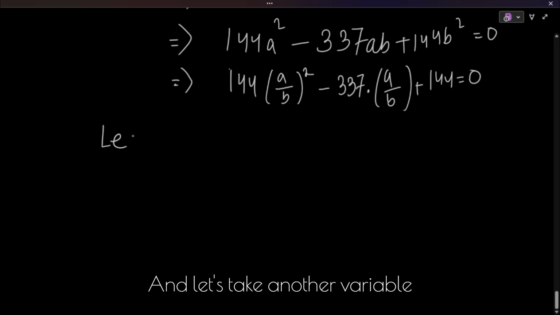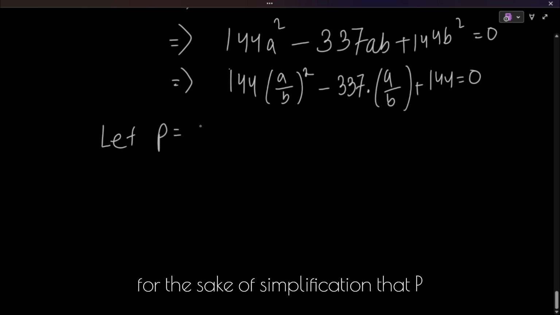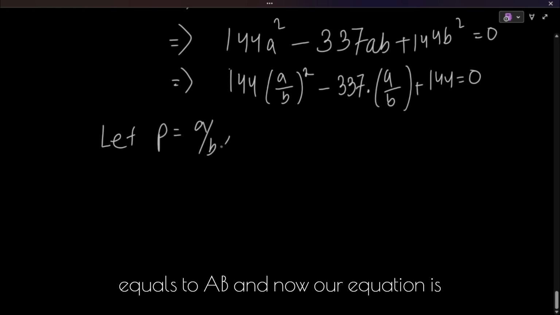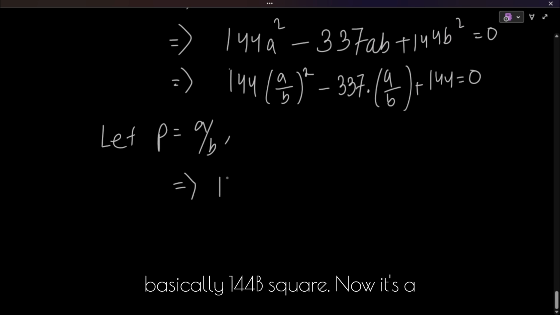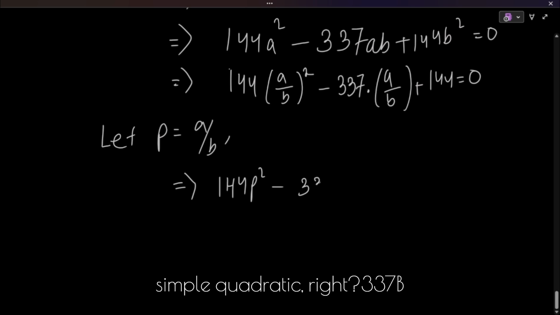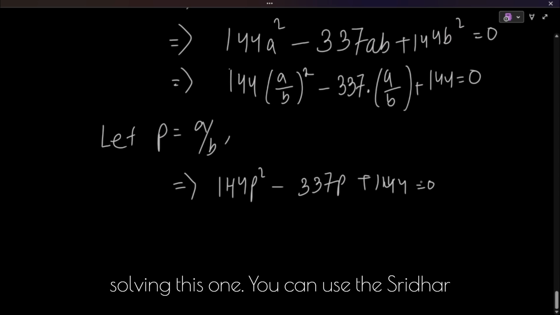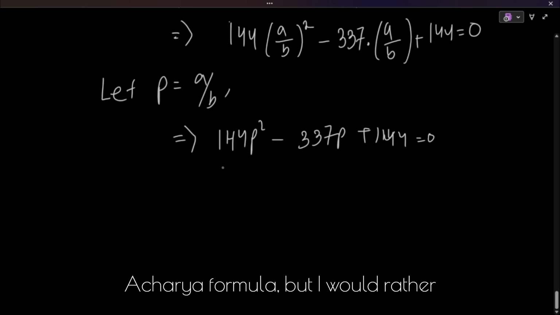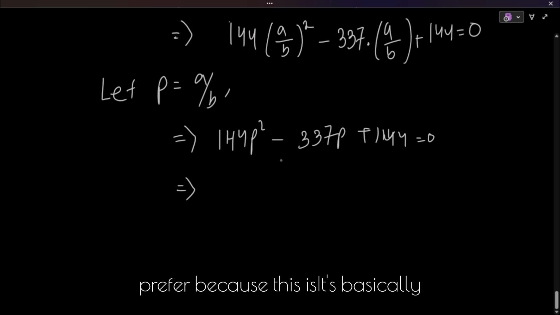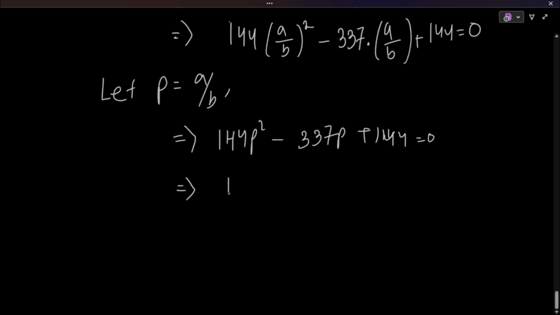And let's take another variable for the sake of simplification, that p equals ab. And now our equation is basically 144p square minus 337p plus 144. Now it's a simple quadratic, right? Now it's a matter of only solving this one. You can use the Sridharacharya formula, but I would rather prefer